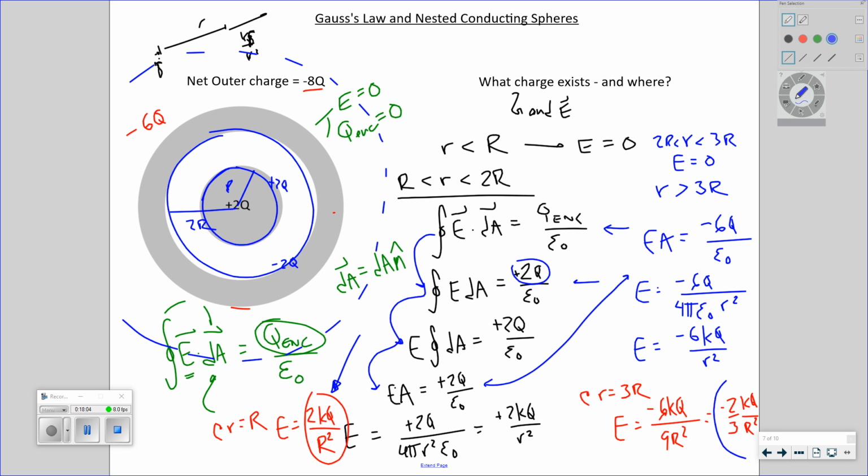Well, this surface area is, let's call it A, 4 pi r squared by definition, right? This surface area is 4 pi r squared, but r is 2r, so this is a surface area that's 4 times as big. Same charge, 4 times as much area, which means